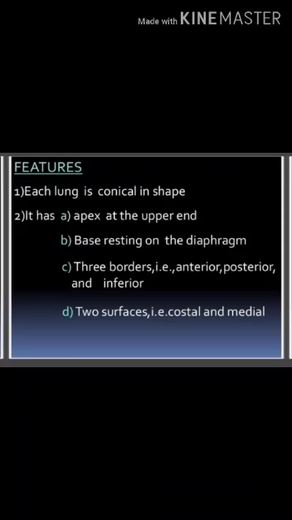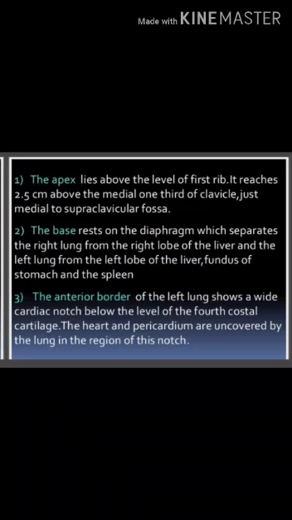Features: each lung is conical in shape. It has an apex at the upper end, a base resting on the diaphragm, 3 borders, that is anterior, posterior and inferior, and 2 surfaces, that is costal and medial surface. The apex lies above the level of the first rib. It reaches 2 to 5 cm above the medial 1/3 of the clavicle, just medial to